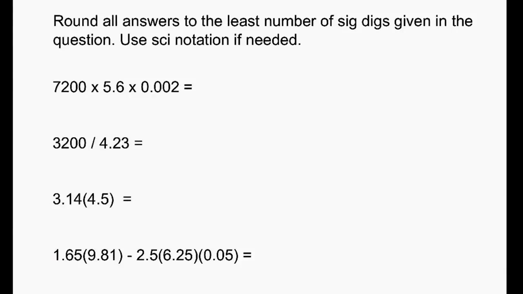When we're doing physics calculations, the general rule is that you want to keep all digits and decimal places in your calculation, and then you just worry about rounding at the very end. So any formula you're going to be using, you're plugging numbers into your calculator, just type everything in, keep everything as accurate as possible, all those decimal places, and then at the very end you just round it appropriately. And the rule is we round it to the least number of sig digs on the numbers that we're using